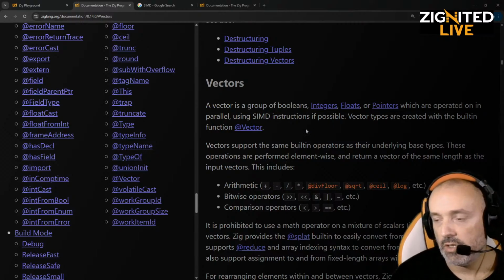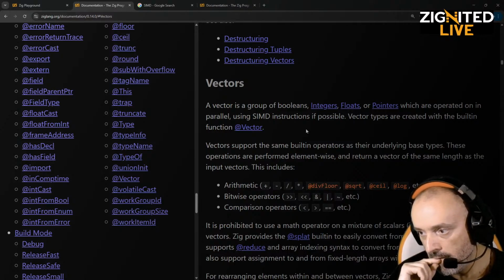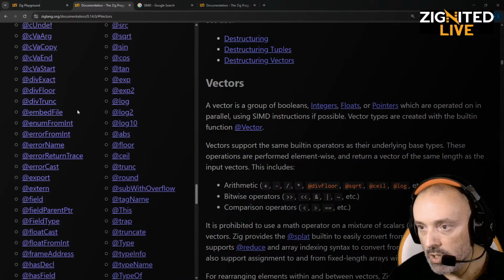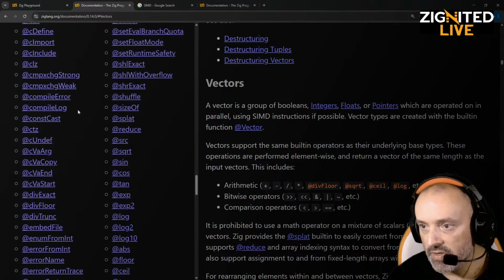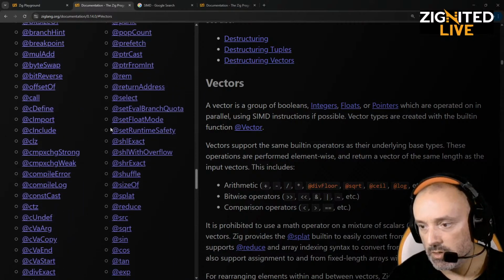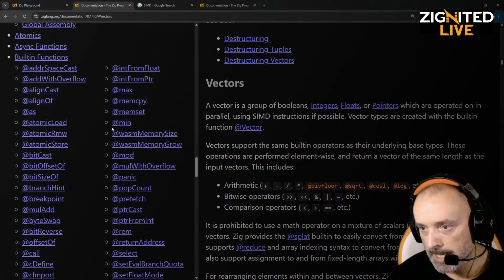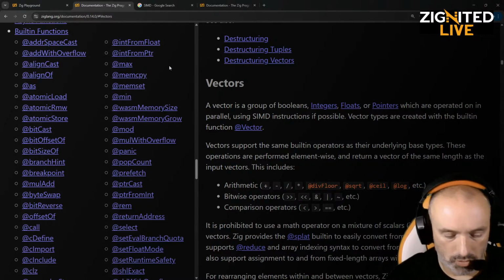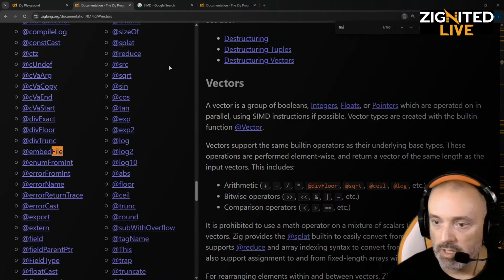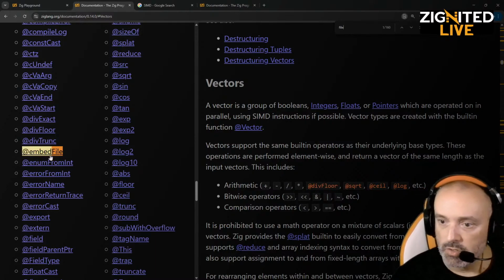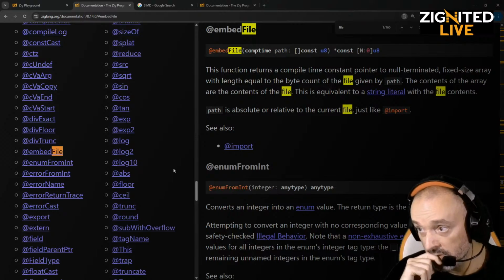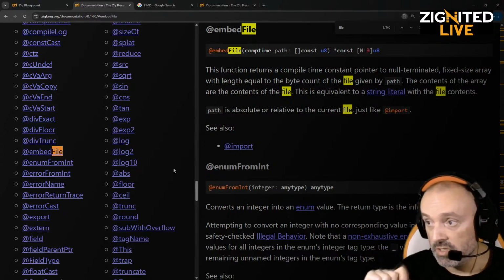Then I can use this file. How was it called, I already forgot. The one that loads the file, not the import, but the one that loads your file, there is file, I think, in the name. Let's try embed file. Yeah, this one. So I will probably use this one so that I can do what I just said, so that I can